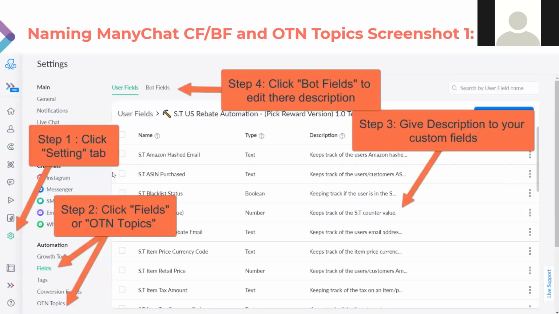Okay, so the next one here, and I know I made this, I just wanted to take one screenshot and I was like, I'll just make a bunch of arrows everywhere. I think we need one more arrow. Yeah, just one more. I should have maybe taken this in a couple different steps, but there's already so much. So how to get to naming custom fields, bot fields, and OTN topics